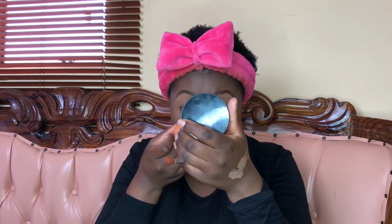As you can see, I've already prepped my eye. I'm just gonna go in with my beauty blender and blend that. And also use my beauty blender again to go in with my powder. I just want to put more powder under my eye, that way any fallout doesn't mess with my complexion that I've already done. So I'm gonna do that under my eye and just leave it like that, and go in with 27 gang,